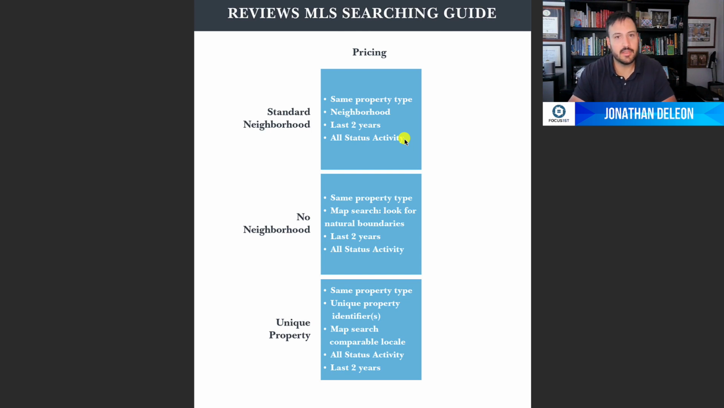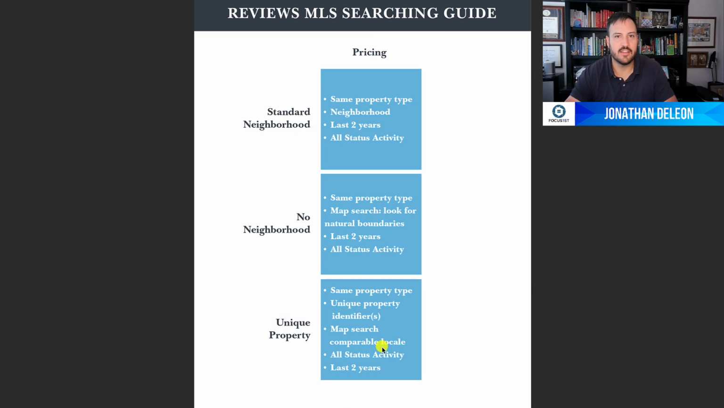Now there are some cases where you're going to have a different search. For example, if you're not in a standard neighborhood, you're going to do the same search, but instead of doing the neighborhood name, you're going to do a map search and you're looking for natural boundaries. Or if you have a unique property that has something special about it, for example, mountain views or access to a lake, you're going to expand the map search and make sure that you search